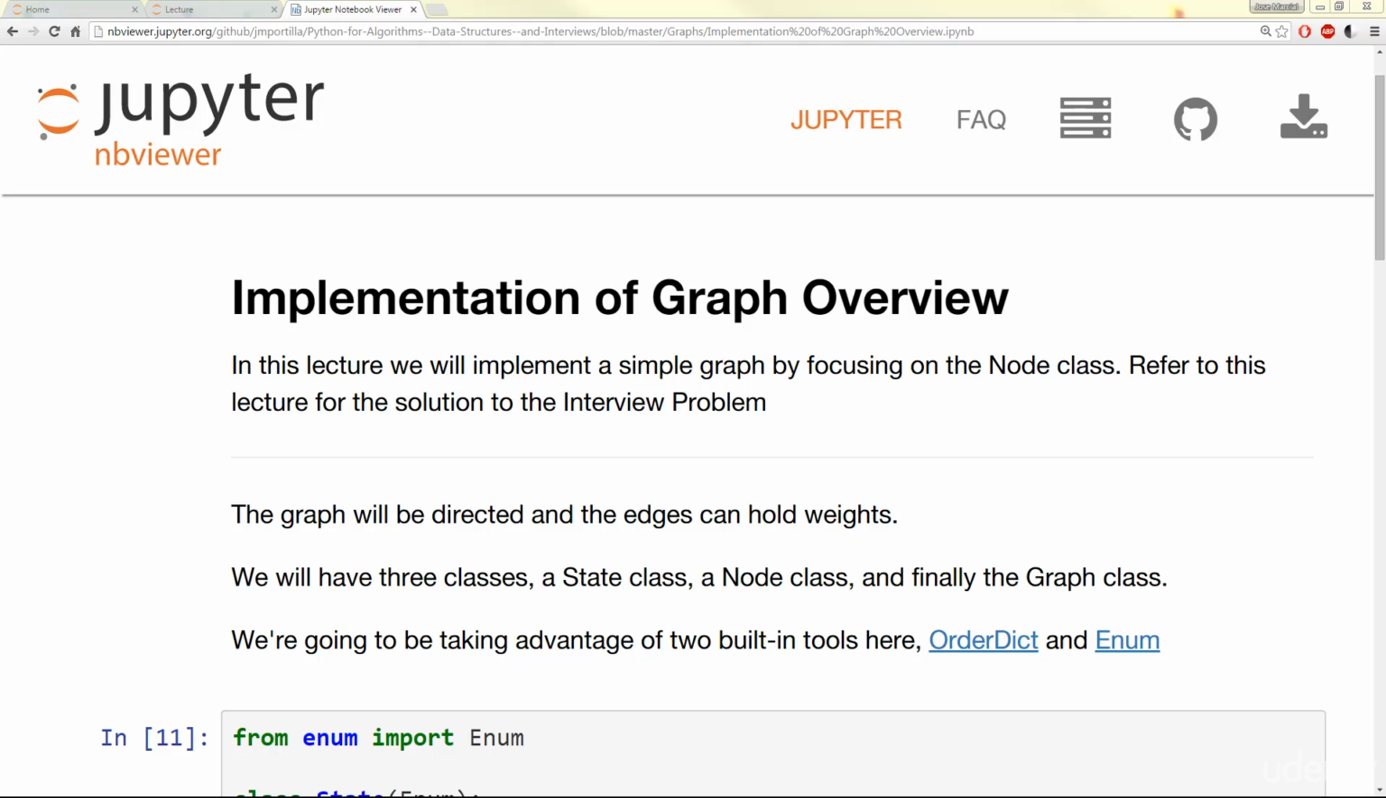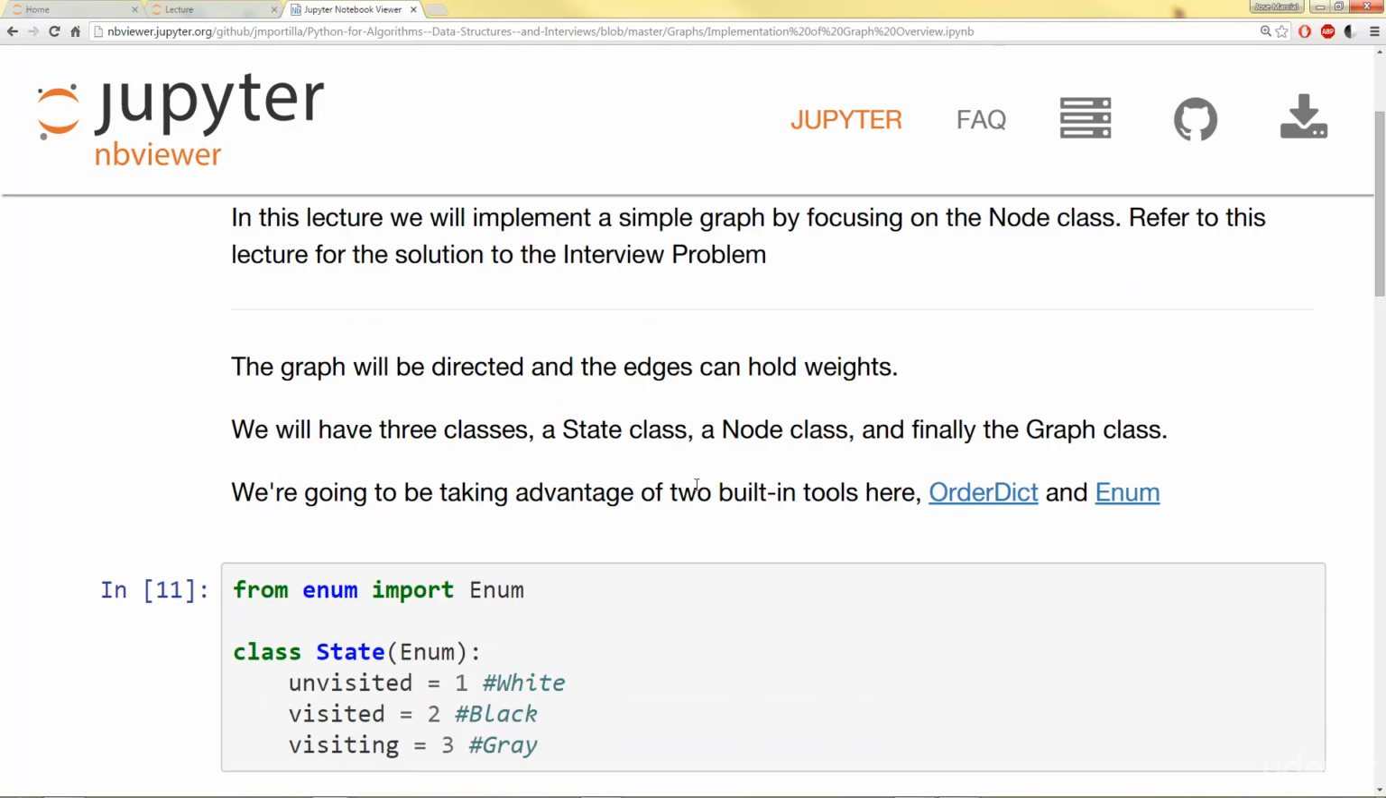So in this lecture we're going to implement just a simple graph by focusing on the node class. And you can refer to this lecture for the solution for the future interview problem where you're asked to implement a graph. Now keep in mind we've actually already implemented a graph earlier in this section of the course. So if you really understood that and you felt comfortable with it, you can go ahead and feel free to skip this lecture. But in this lecture we're just going to implement the code in this Jupyter notebook and explain it along the way,